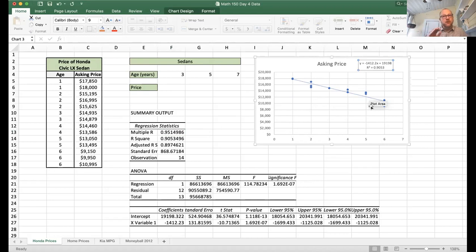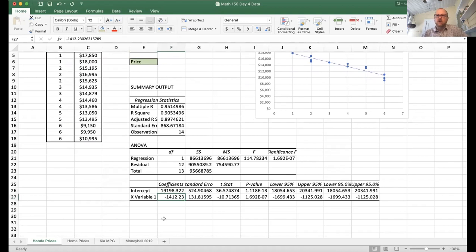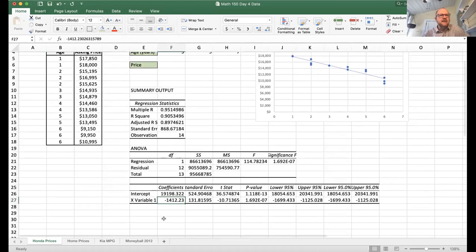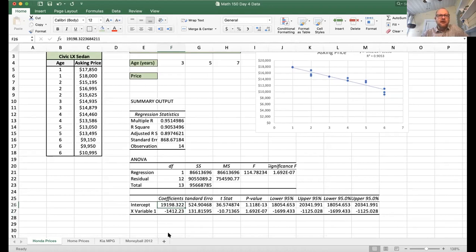What that means is, roughly speaking, your Honda Civic LX sedan loses about $1,412.20 in value every year, okay? But if we look down here, that -1412.2 appears under coefficients of the X variable, and it in particular said X variable 1 there. I'm surprised it did not name that as age, because it seems like it should be able to figure that out. But anyway, so that there, and then the intercept, the B part, is this